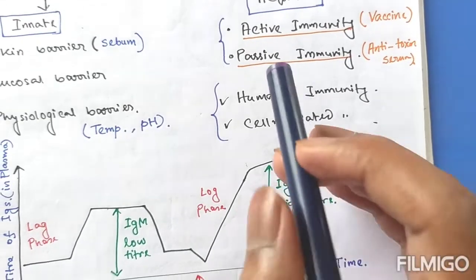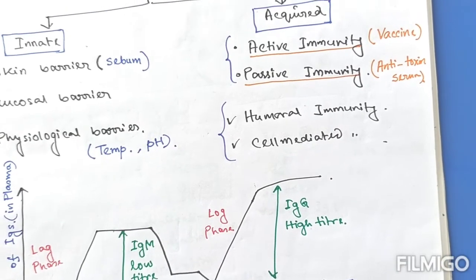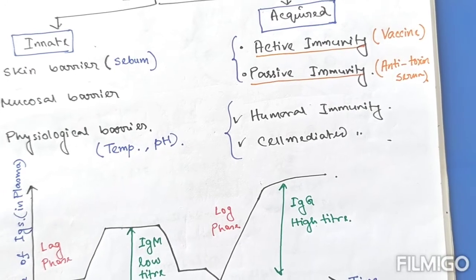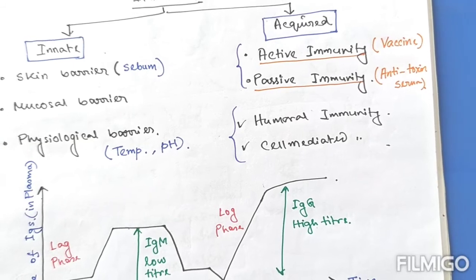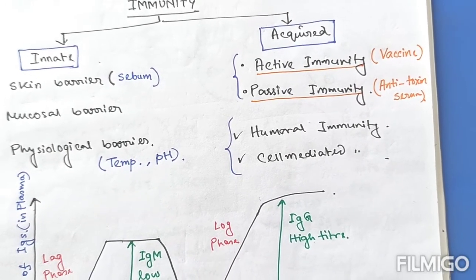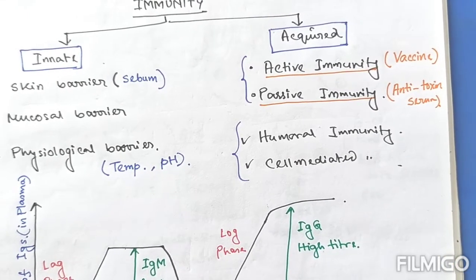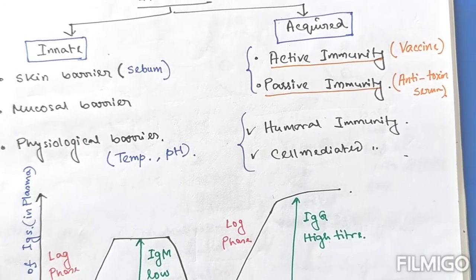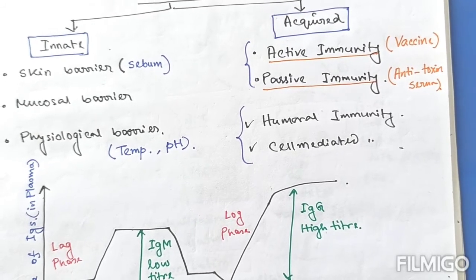The classical example of natural passive immunity is colostrum from the mother's milk, that contains a large amount of immunoglobulin A, which provides the baby some extent of immunity. And the artificial examples like anti-tetanus serum or anti-snake venom directly provide the antibody against the tetanus toxin or